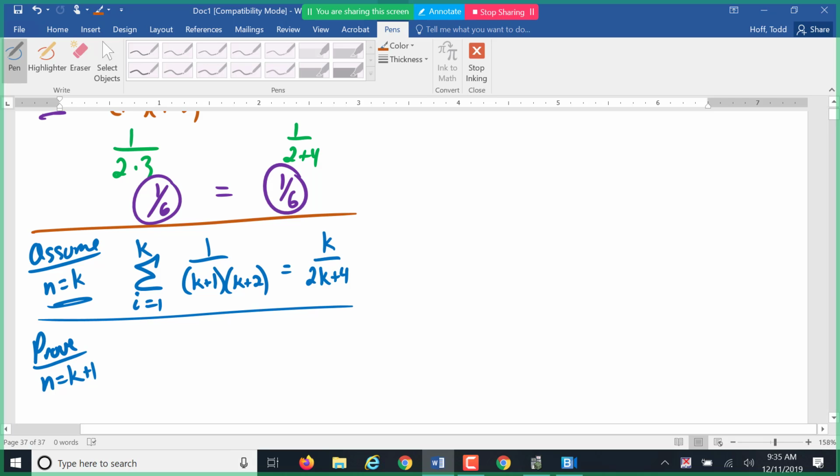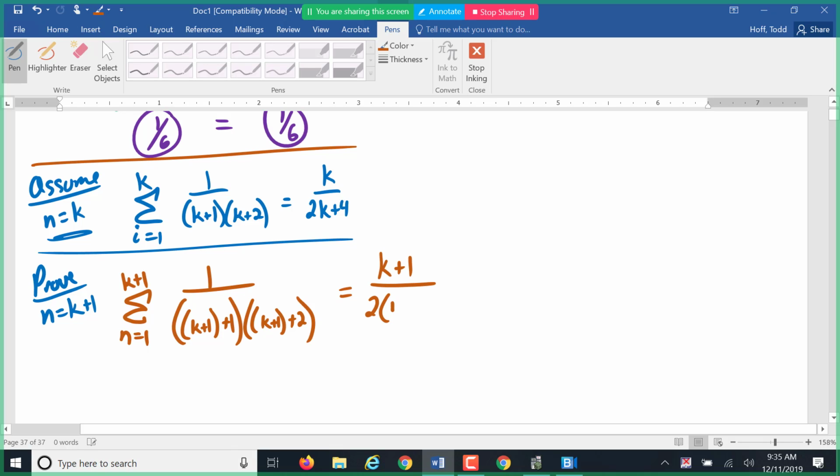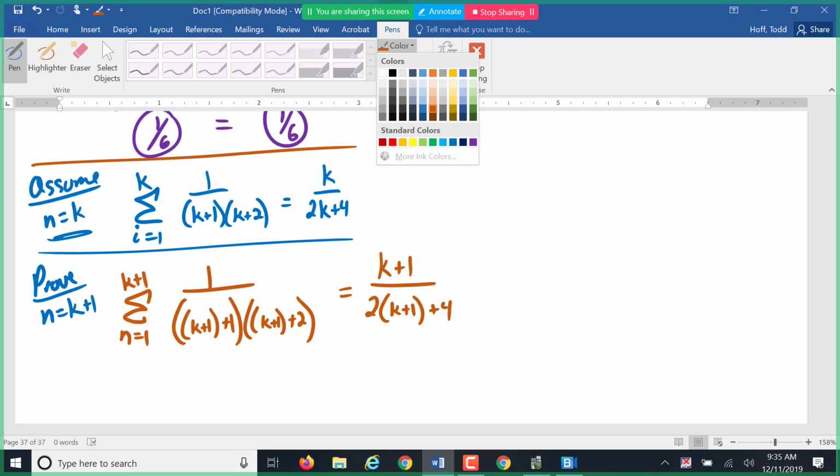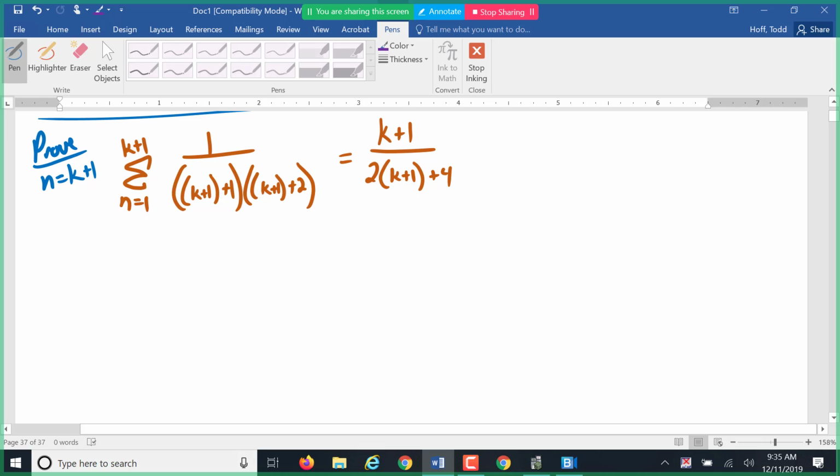So we're trying to show this for the summation from n equals 1 to k plus 1 of 1 over k plus 1 times k plus 1 plus 2 equals k plus 1 over 2 times k plus 1 plus 4. So let's work on the left side here first. We're going to split this summation up into the summation from, that should be an i equals 1, not n